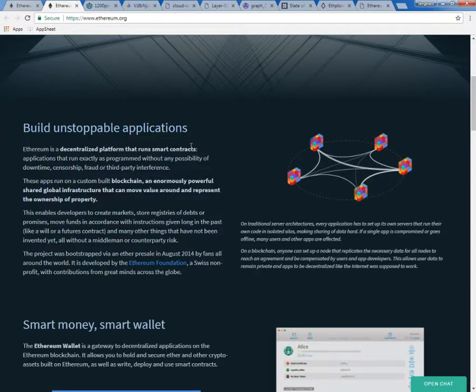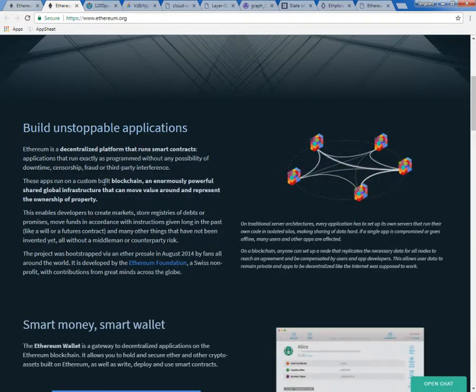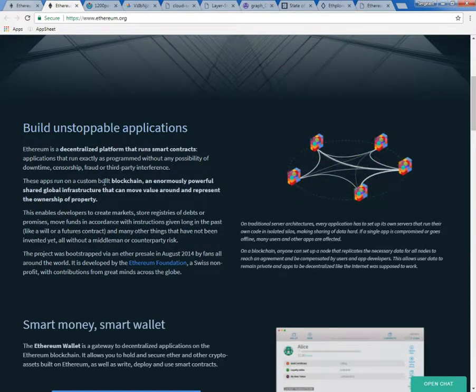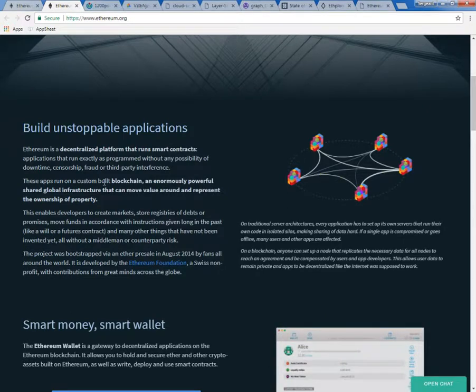Okay, so these apps run on the blockchain, and as you know, blockchain is a ledger with a series of blocks that keeps track of accounts. So this blockchain is enormously powerful. It's a shared global infrastructure that can move value around and represent the ownership of properties. So unlike a currency, Ethereum is touting itself as a smart contract. And a smart contract can hold any type of value. For example,